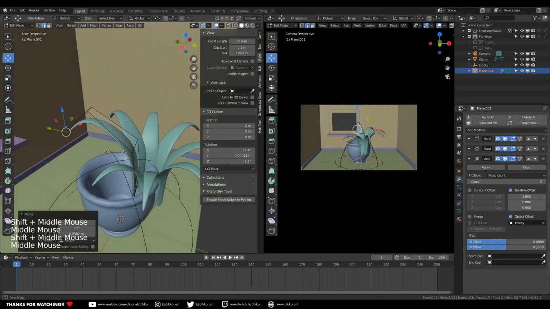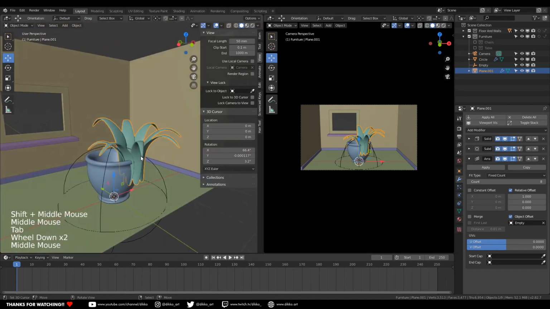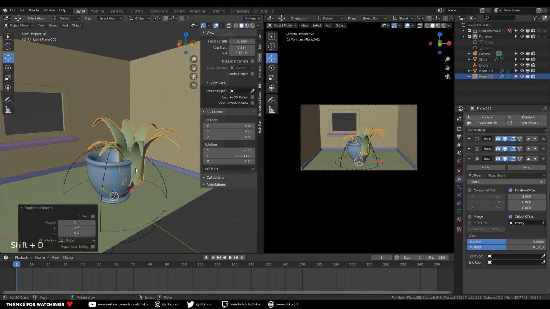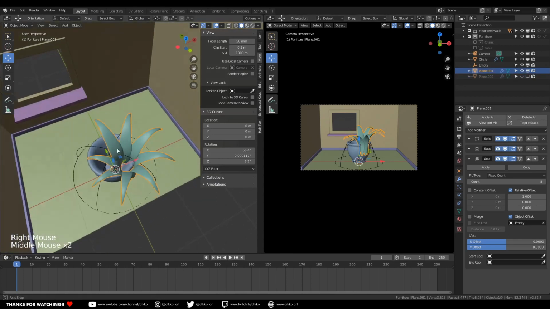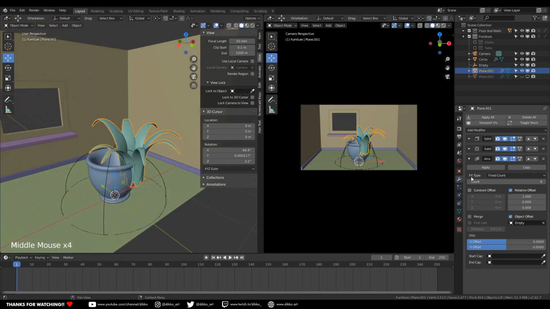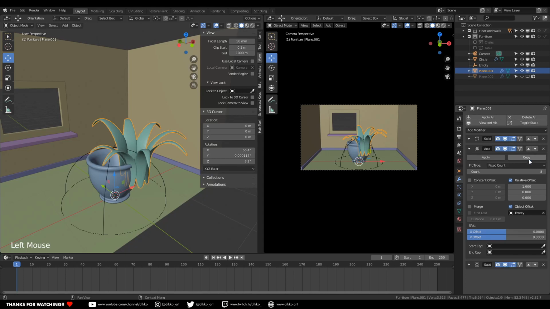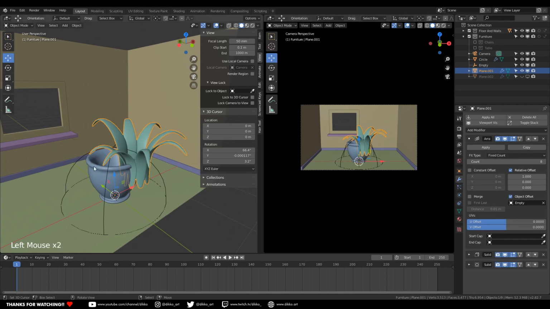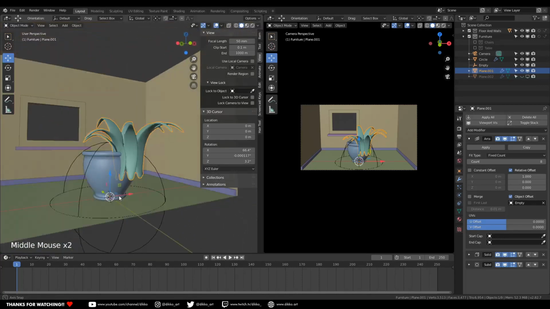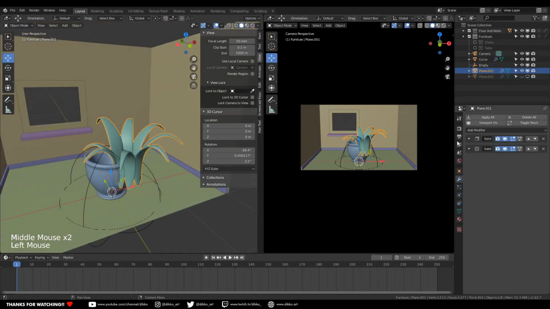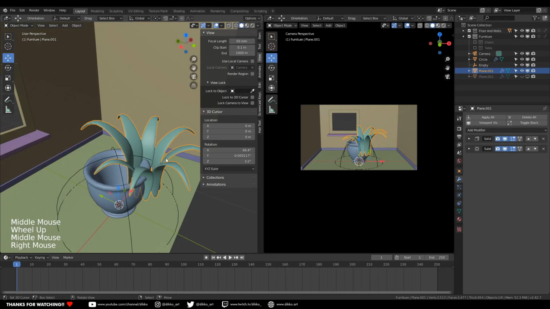So we got this plant. I'm happy with that sort of setup. I might duplicate this as a backup. So I'm going to duplicate that and hide it, because I might change some parameters on that original piece and I want to have a backup, because I need to apply this first. I need to apply this object, all these different things. So in this case, with the array, I might put that back on top as well, because I need to affect it differently. All right, so I'm going to apply the array, and then I'm just going to replace this